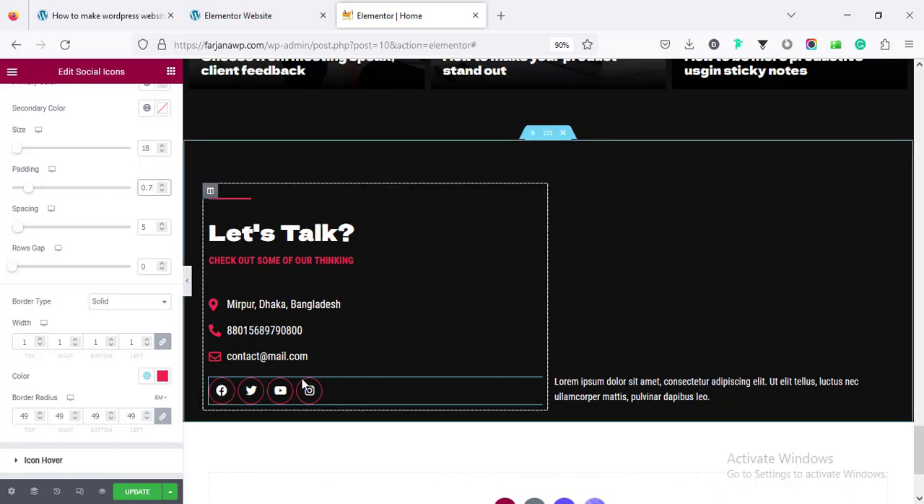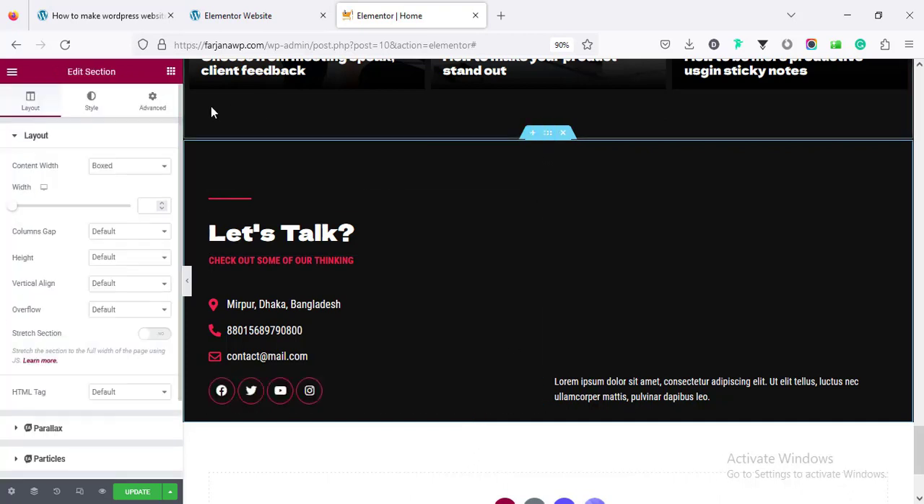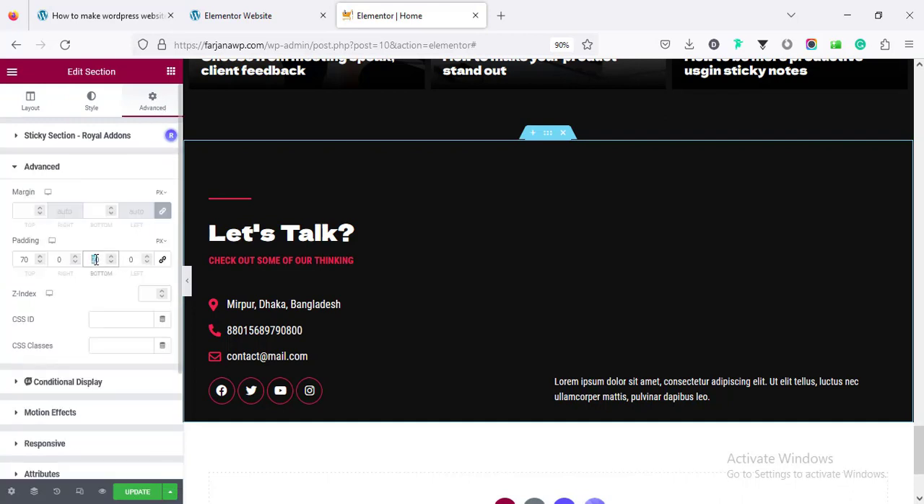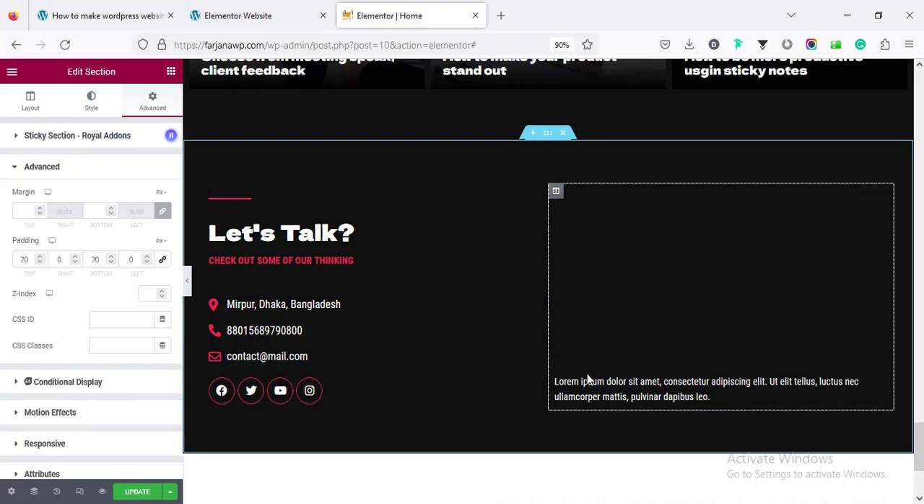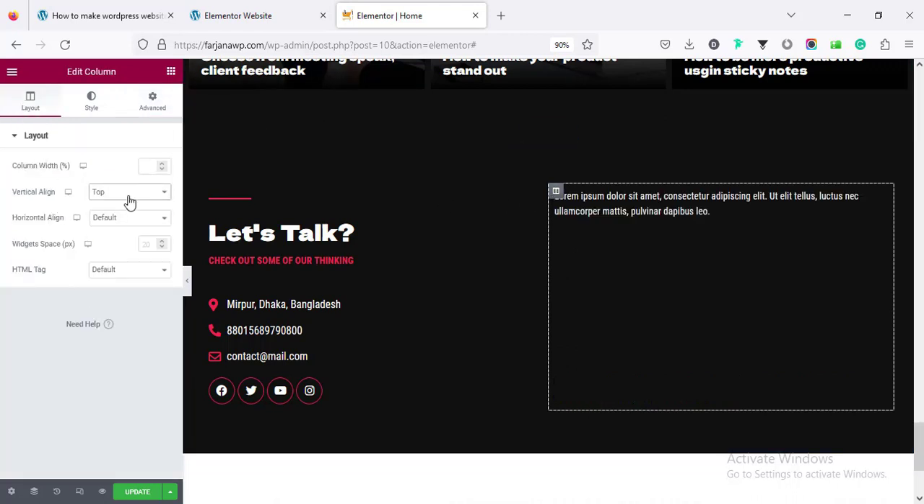Alright, looks good. And here for this section we can add some more padding in bottom. So going to edit section, going to advanced, padding bottom I'm making it to 70, and on the right side here we can make the alignment. Going to edit column, vertical align we can make it to top, or you can set it to middle,